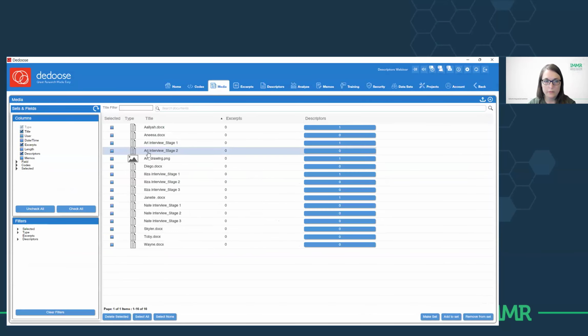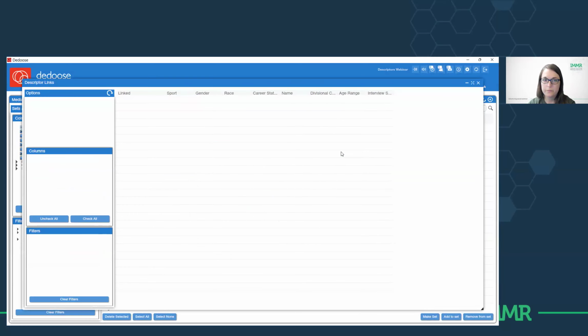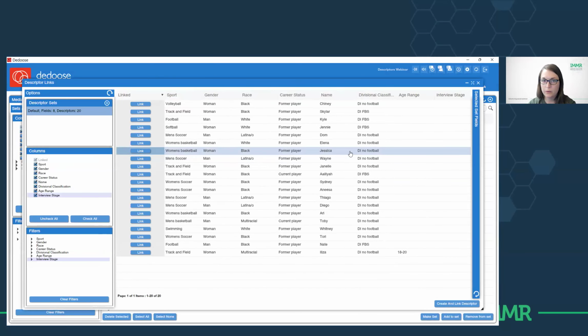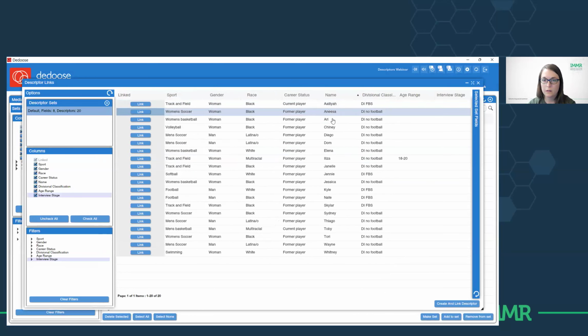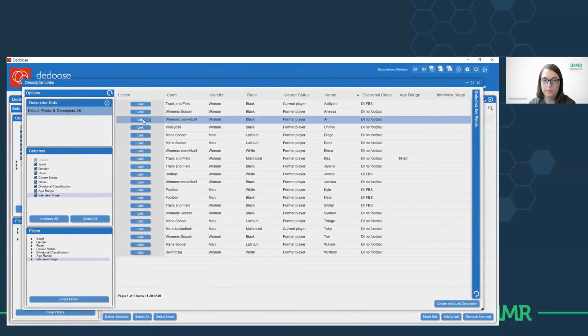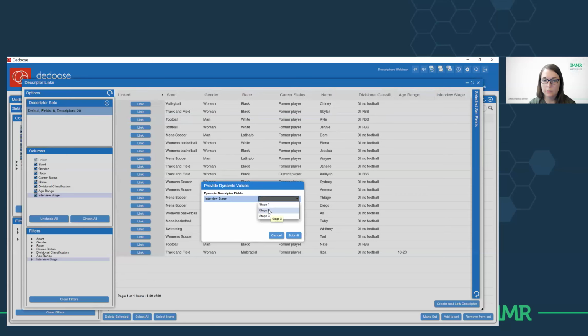So now I can do that for RE stage 2 as well. So I'm going to click that 0. It's the same base profile. So we have RE, I'm going to hit link, and then interview stage, this one is stage 2, and hit submit.